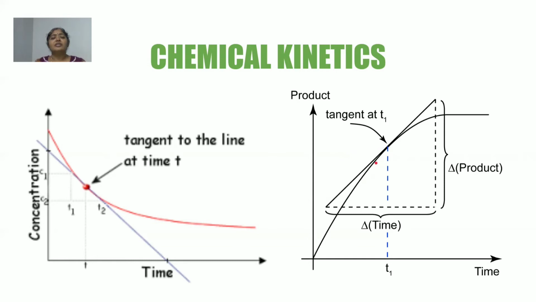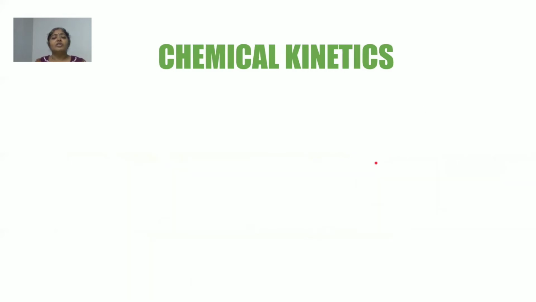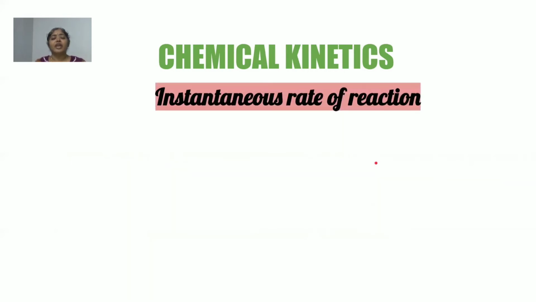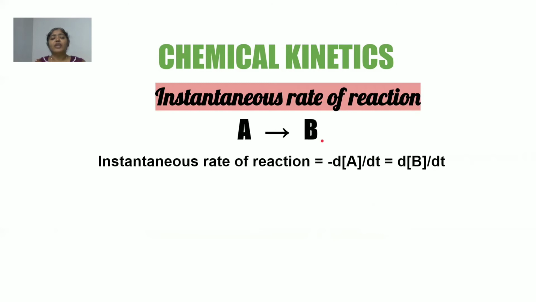So this brings us to the definition of what is known as the instantaneous rate of a reaction. So what is instantaneous rate of a reaction? Instantaneous rate of reaction gives you the rate of reaction at that particular instant or at that particular moment of time. And that is going to be an infinitesimally small value. And hence we write it in terms of the differential values. We write it as dA by dt with a negative sign for reactant, and dB by dt, the positive sign if I'm denoting the products.